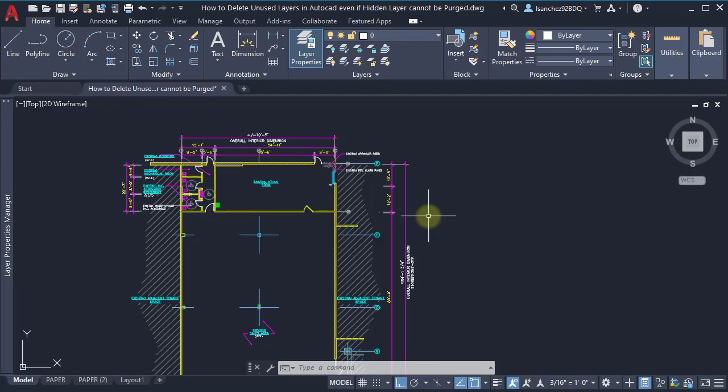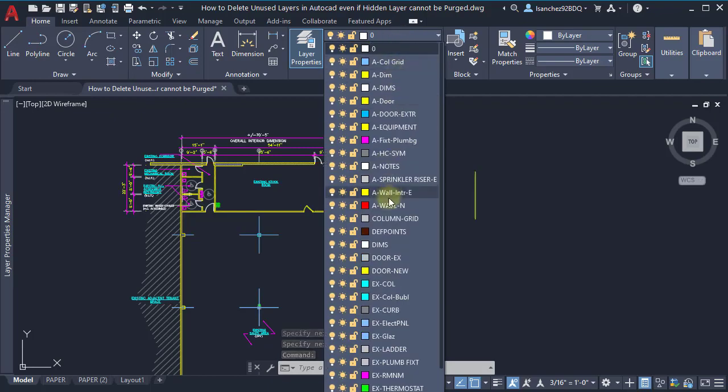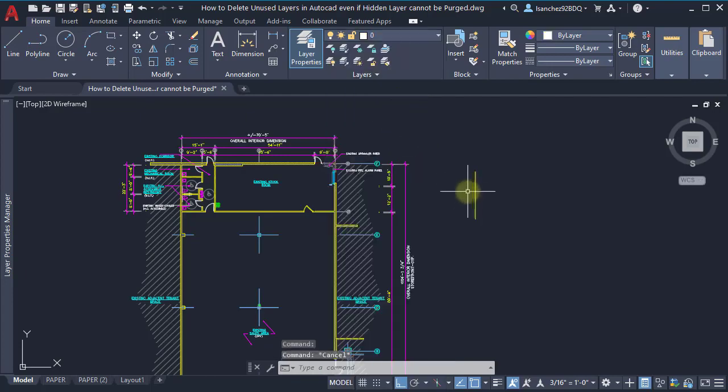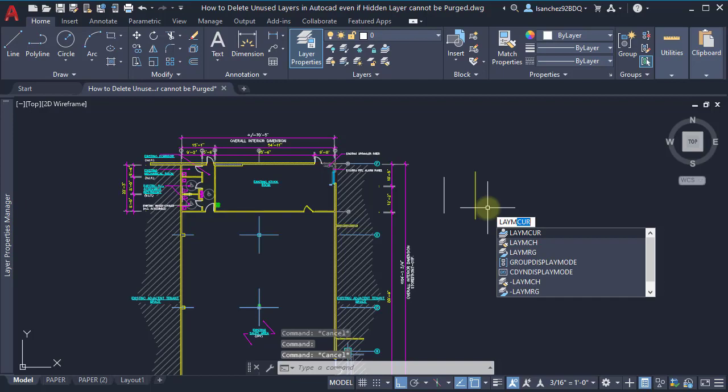So for this, let's draw a line really quick, and let's change this object to a layer that we want to remove. In this case, the A-equipment layer. So let's now draw one more line, and this would be in the layer that you want to keep. For this example, I'll just leave it on layer 0. So let's use the LAYMRG command